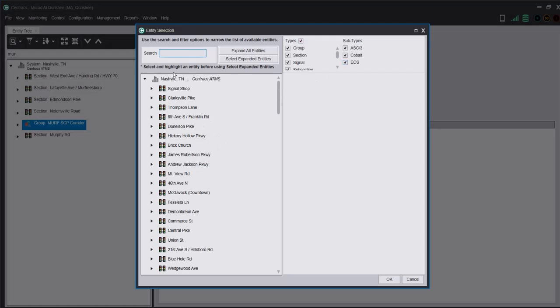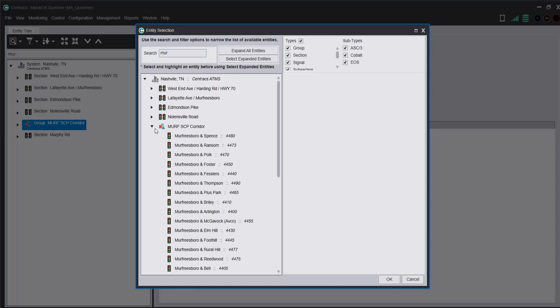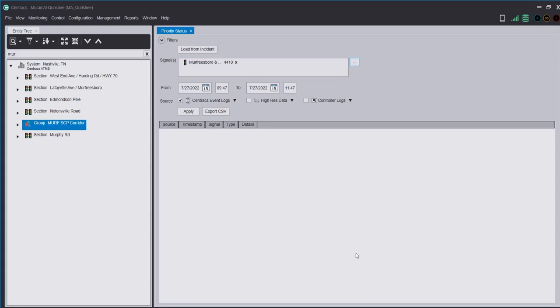So let's select Murfreesboro signal control priority corridor. You cannot analyze a group priority status. You have to select one intersection. So let's say Riley, the Murfreesboro and Riley intersection. Select OK, and then